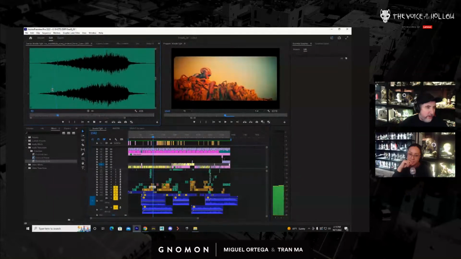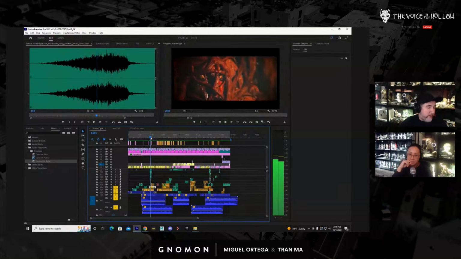What is this here? You can see this is called risers. It almost feels symphonic, but it's not. It's just the sound of tension building up, layered in a way that almost feels like it's part of the score, but it's not.